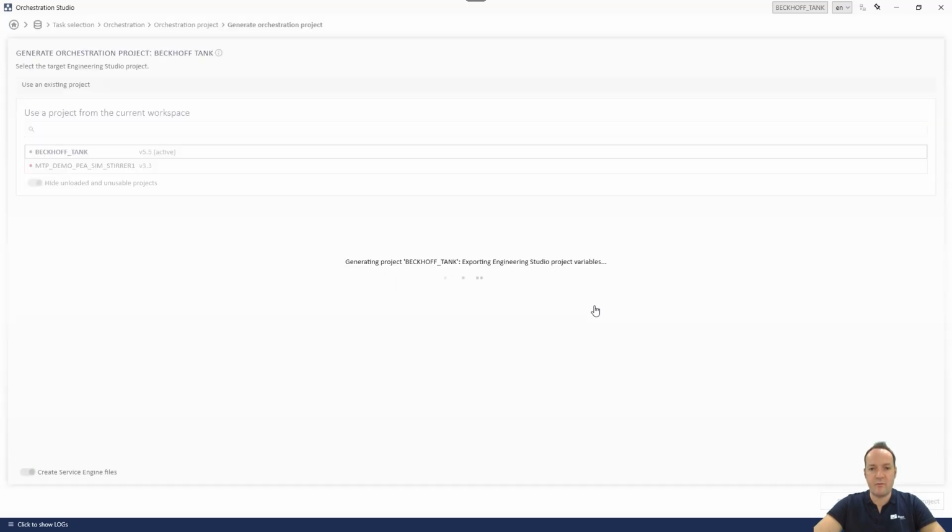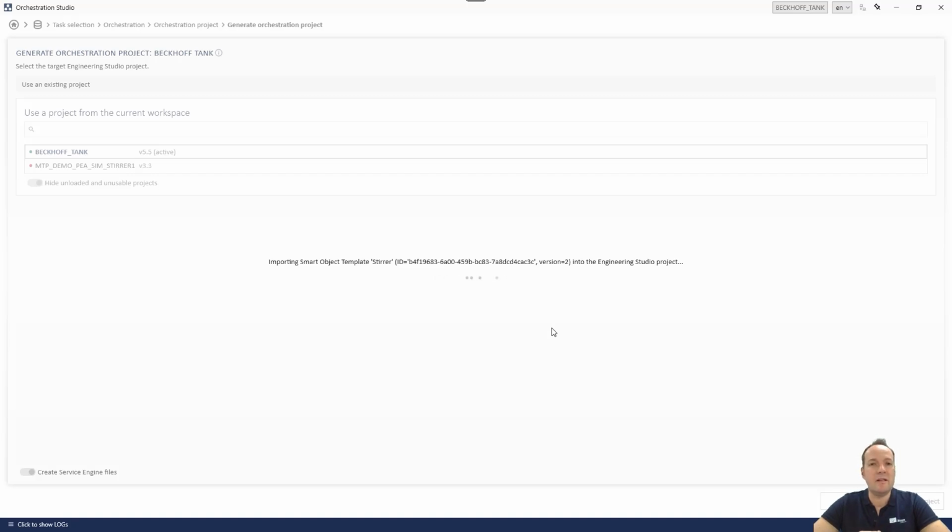Okay, yes, we confirm we want to generate it. In the background now, all the objects, the communication, the P&ID, the HMI layout, all the faceplates, everything is generated automatically. Also, the faces which we need for creating and executing a batch recipe, coming from services defined in the MTP template. All of that will be available now automatically in the Xenon software platform running as a process orchestration